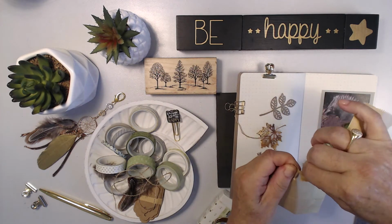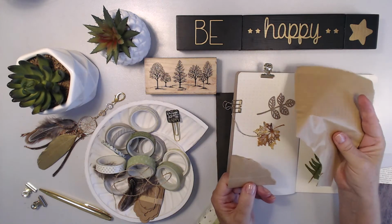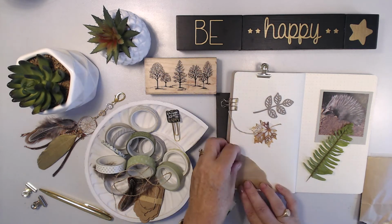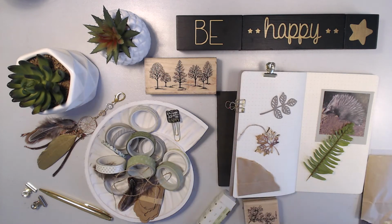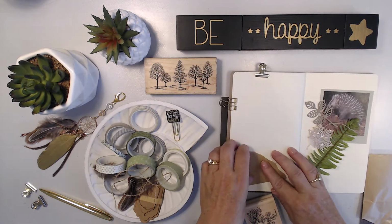So I'm going to tear the edge of this brown paper bag, and I'm going to keep the rest of the bag for later, but that's going to form a little pocket down the bottom of the page, and I'm going to put that little leaf that has a circle of vellum on the back of it in as a tag. Now I have my stamping mat under me,